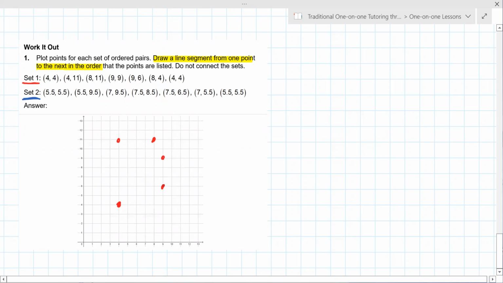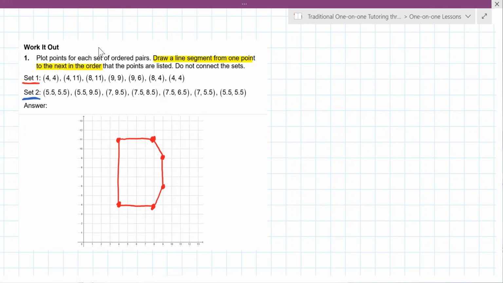Okay, now this is kind of odd, but you're going in the order that they're drawn. So the positioning is important here. And then 8, 4 is right there, and then 4, 4. So it's kind of back to where you started. Make those a little bit finer or thicker. All right, and then